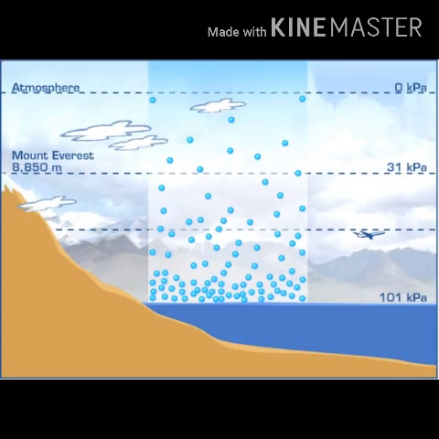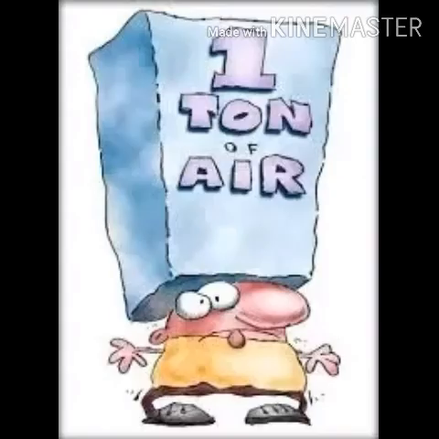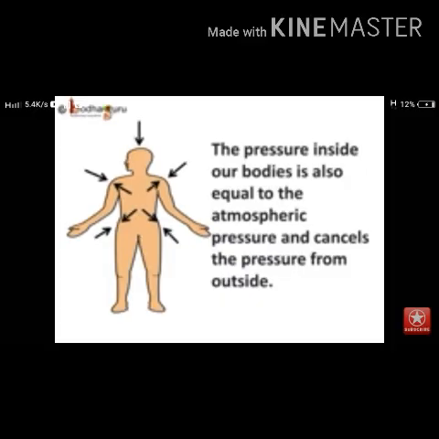The air pressure at the sea level is about 101 into 10 raised to 3 Pascal. This is the pressure that we carry over our heads, or there is approximately 1000 kg of weight of air always over our head, but we don't feel such pressure or we don't get crushed by such huge atmospheric pressure. The cavities in our body are filled with air and arteries and veins are filled with blood. Their pressure balances the pressure due to the atmosphere. Hence, we don't feel the atmospheric pressure.